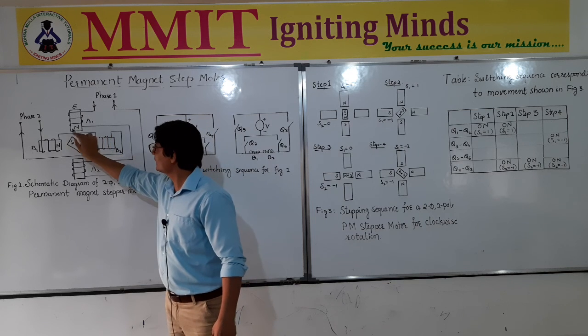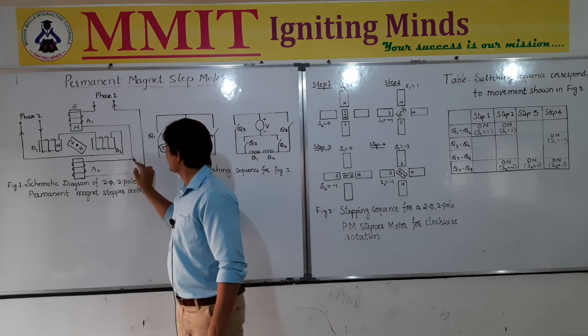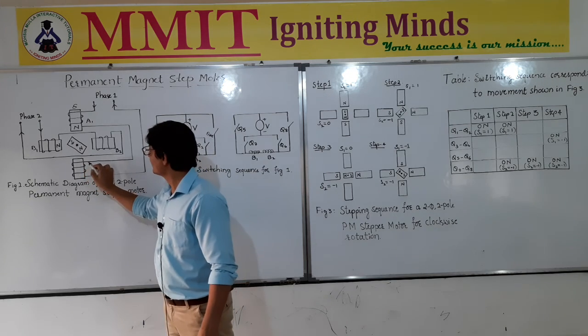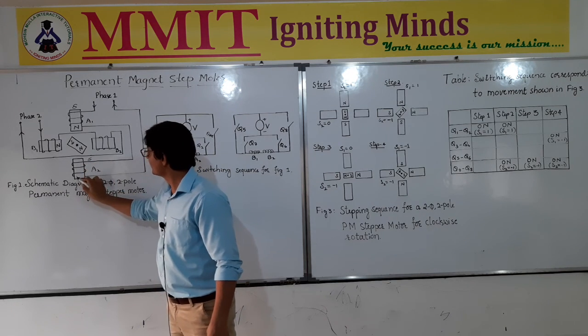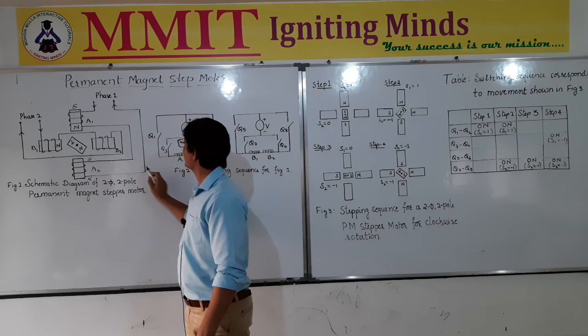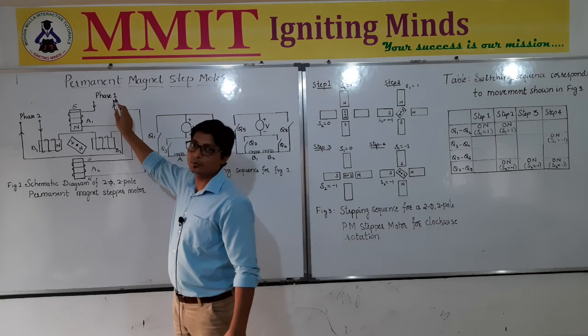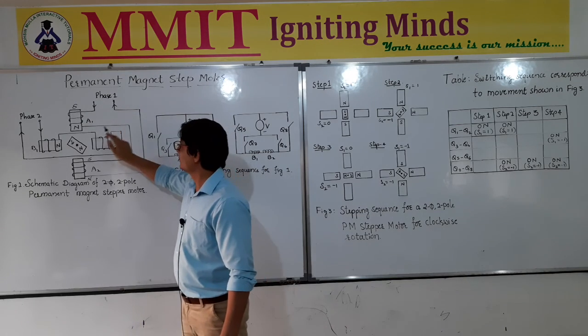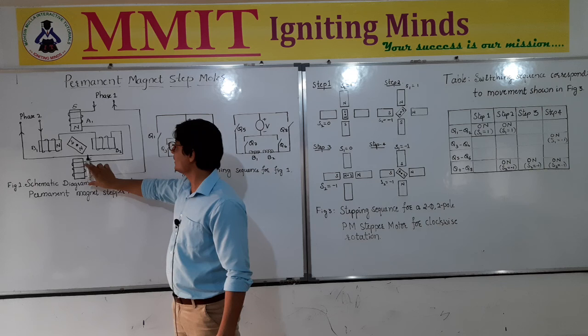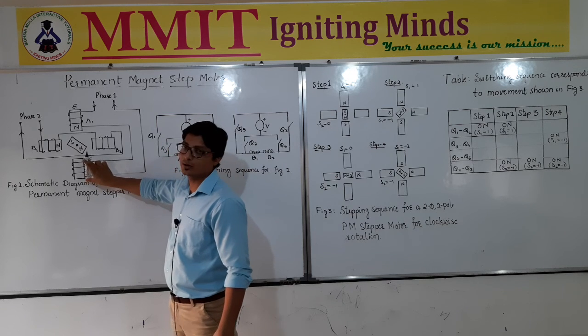So this lower side is north pole, then this current is going to enter from here. So obviously this side has to be a south pole, and here the current is going to leave. So here it is going to be a north pole, and it will be back to the other terminal of the DC supply. So likewise, this electromagnet will act as one pole, and this electromagnet is going to act as another pole.